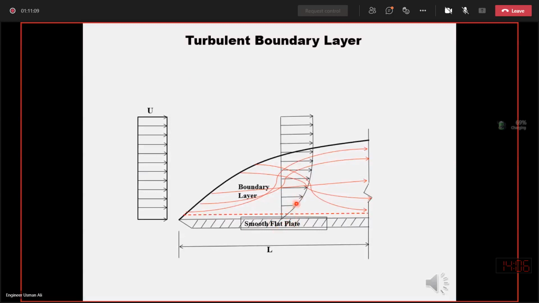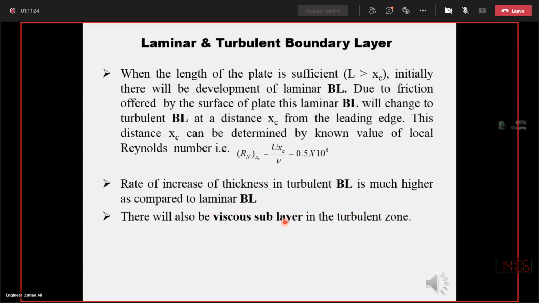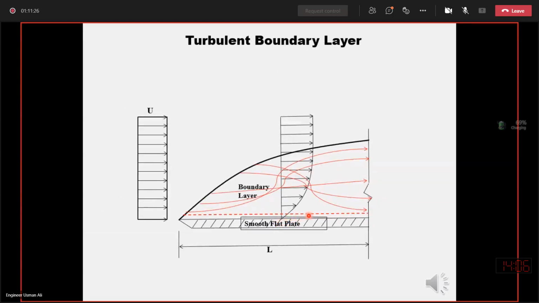So this is one reason, and also there will be only one component of velocity within this layer, very close to the surface of the plate, so the flow will be in one direction. That also favors laminar flow very close to the boundary of the surface of the plate. And the thickness of this viscous sublayer is very small, maybe 1 by 100 or 1 by 1000 of a millimeter.